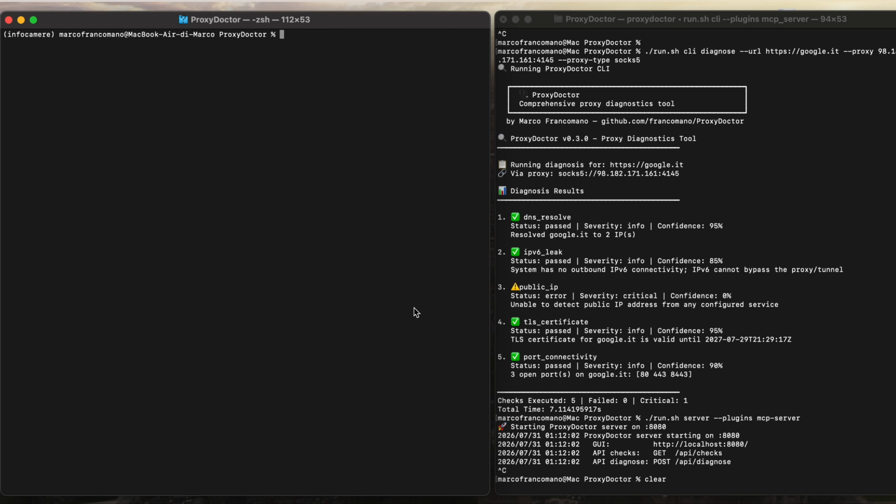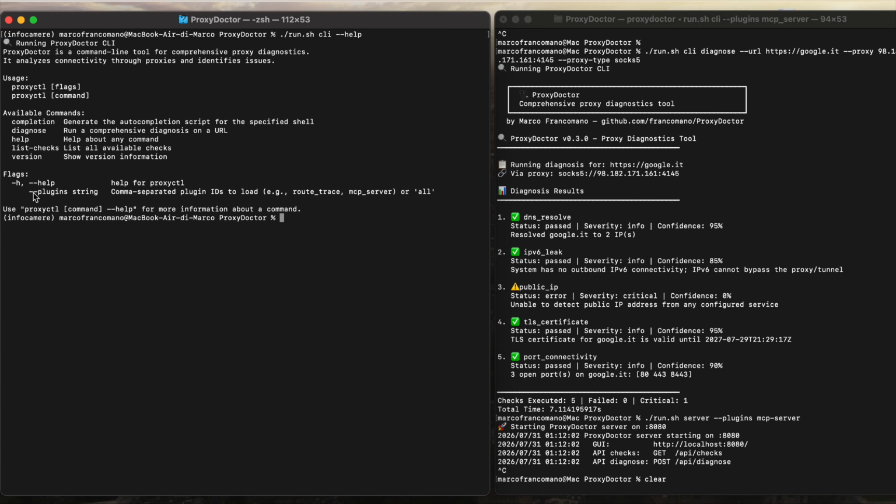What I'm going to do today is just show you the new feature that was published some days ago on ProxyDoctor with the new version 0.3, and I'm talking of course about the new MCP server plugin. The first thing I have to do is remember the command, but don't worry if you feel lost. Remember that you can always use the CLI --help flag in order to recover the name of the flag that you need. In this case,